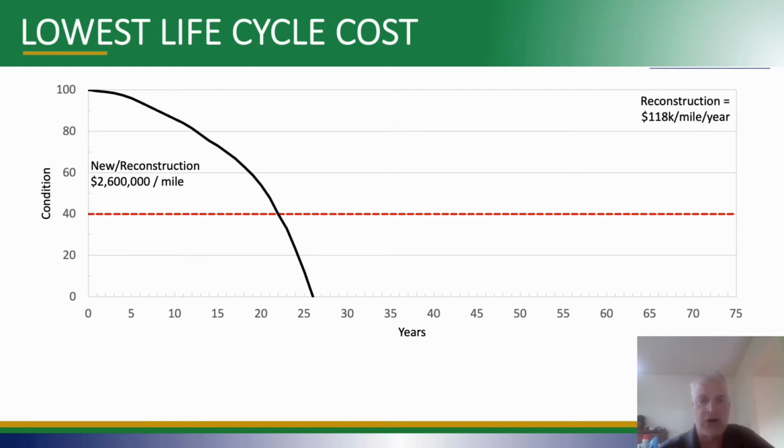The numbers that are on here are not going to be standard numbers that apply to every asset, but they are based on real costs, and then you can see the relative difference between the different approaches to maintaining an asset. So whatever condition it is that you want to measure is on the y-axis, and then time is the x-axis. If your approach was to just build it and let it fail, the cost of reconstruction, what we typically use, is $2.6 million a mile. If you look at the life that gives you before it falls below an acceptable threshold, that works out to $118,000 per mile per year. Take the cost, divide by the number of years, and that's how we establish that.